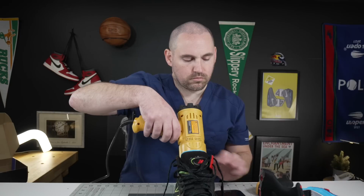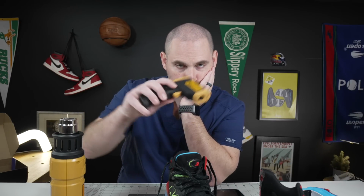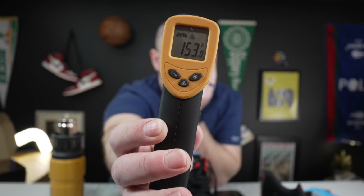But the one thing a little suspect about the uppers was the breathability. If you look at my breathability test, preheating, they were 71.7 degrees here at room air. Now, immediately after putting the heat gun on them, 244.7. That was a rise of 173 degrees. They cooled 90 degrees post that. They came back down to 153.8. However, of all the shoes I've tested, these have been the ones that have heated up the most. So if you are someone that really heats up a shoe, make sure you're putting some powder in there, or make sure you're putting your socks in the refrigerator, because outdoors,